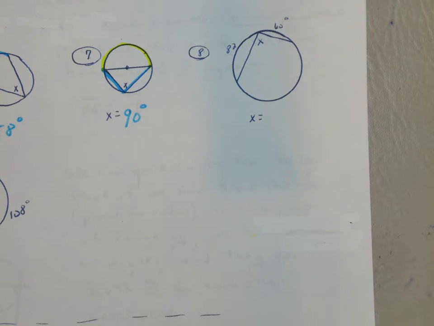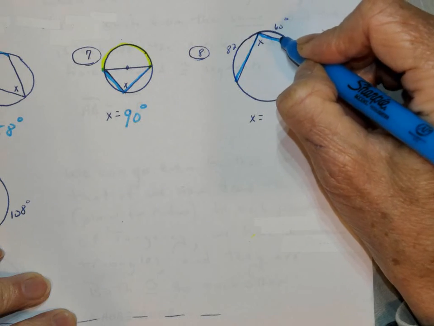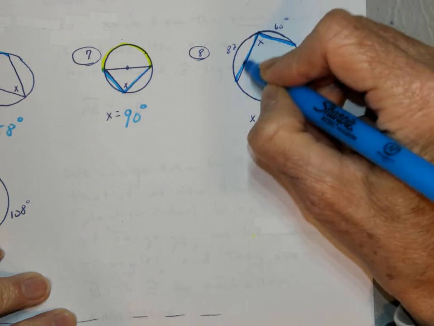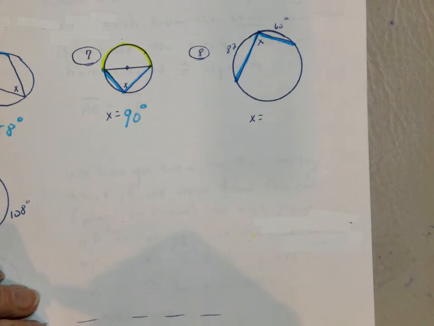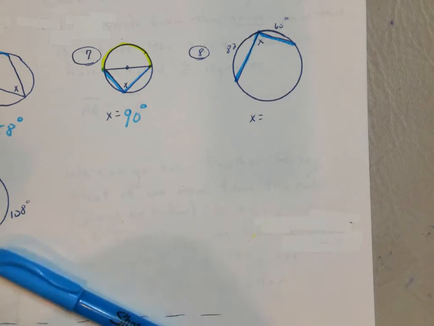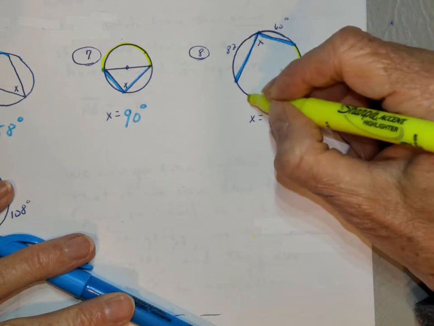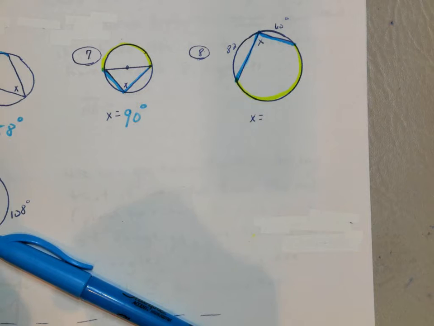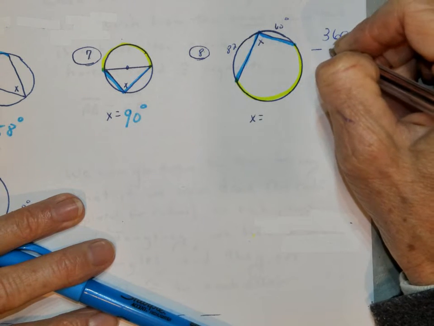Okay, much better. Okay, so let's take a look at this angle X. Here is this angle. Well, we don't know what the arc that it intercepts is. What is the arc that it intercepts? We're going to figure that out. So we know that we have two other arcs. One is 82 and one is 60. So 82 and 60 is 142. So we know that the circle is 360 degrees. So we take 360 minus